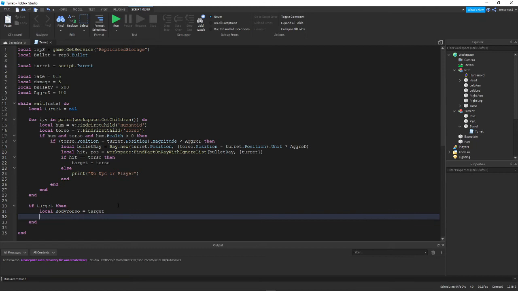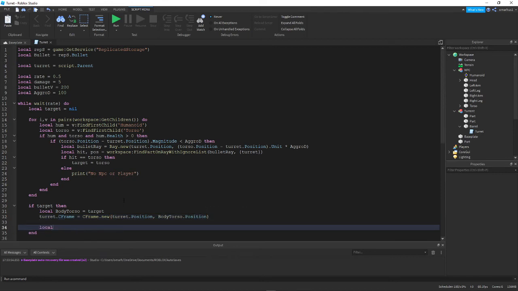So now we're gonna make the body or the barrel of the turret move with the body of the target. So with this, we're just going to do a turret.cframe equals cframe.new turret.position, comma, body torso.position, and we're going to do a local clone